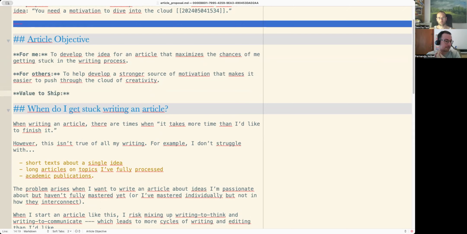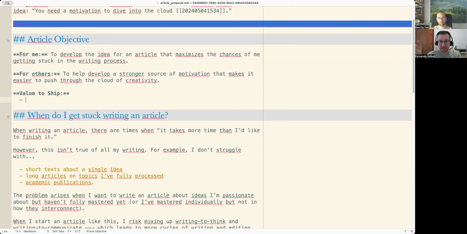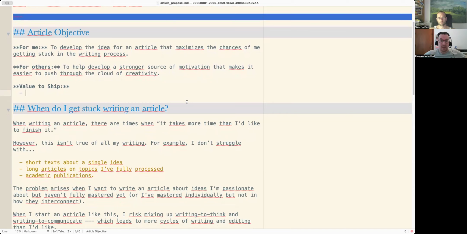So, the cloud of creativity is something that you face if you work on creative work, maybe more in the scientific world, but maybe also in the artistic. And it's something that you have to endure, no? To be in a block for many years. So the main value in this case for this article, maybe one value would be to explain that this is a thing, because just knowing that you are in the cloud is good enough to get a sense of relief.